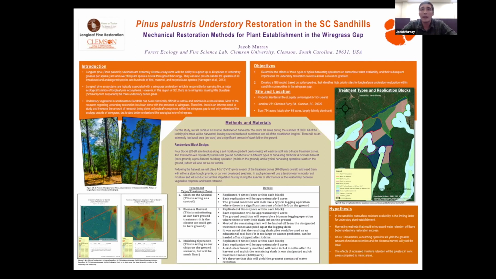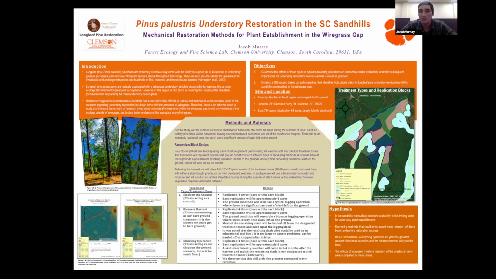And so the theory behind all of this is that in the sandhills, subsurface moisture availability is probably the limiting factor regarding understory plant establishment. If you think about the sandhills and I guess the soil composition, they're extremely well drained, very dry. And if you think about the establishment of a seed, you're really looking at the moisture availability within maybe that first centimeter. And so harvesting methods that really result in, I guess, better moisture retention should probably give us better